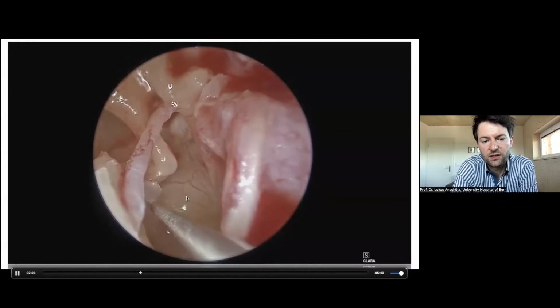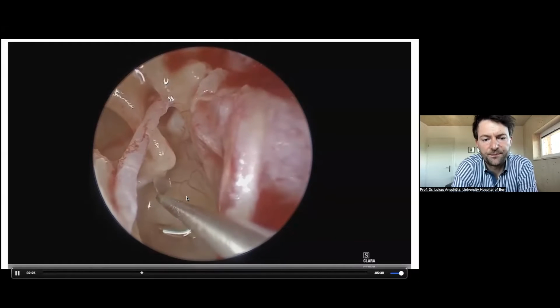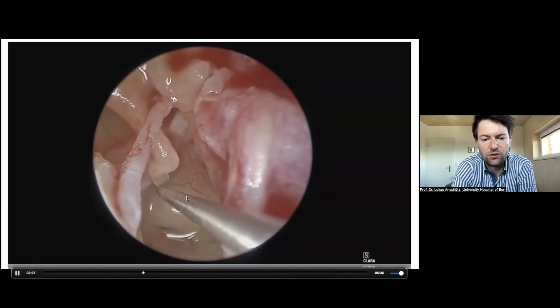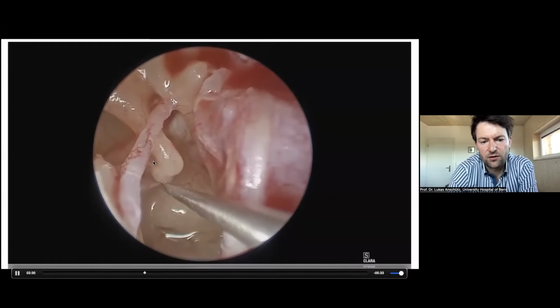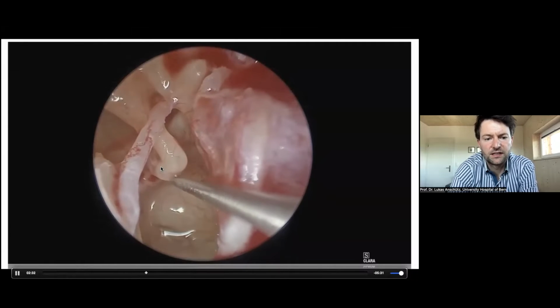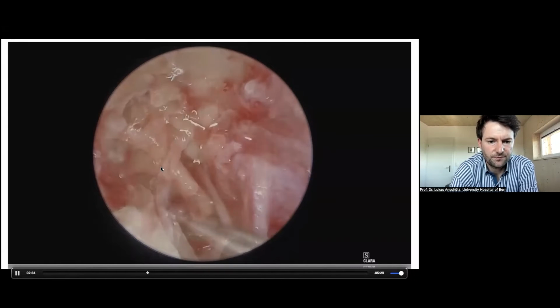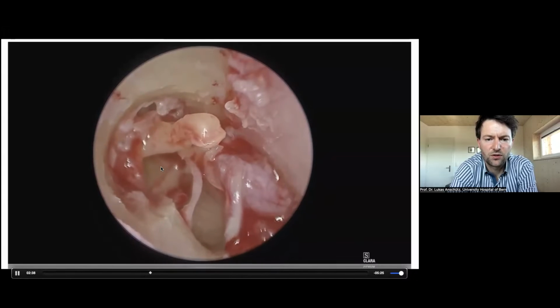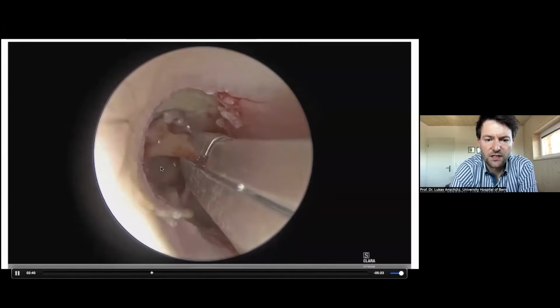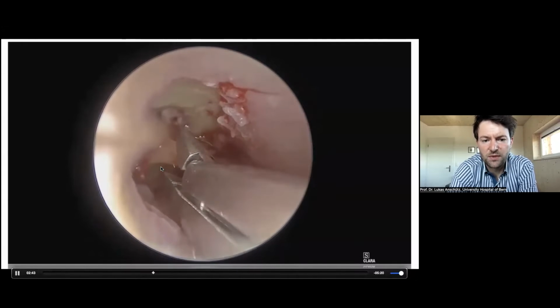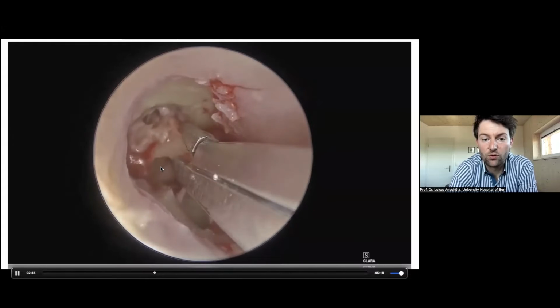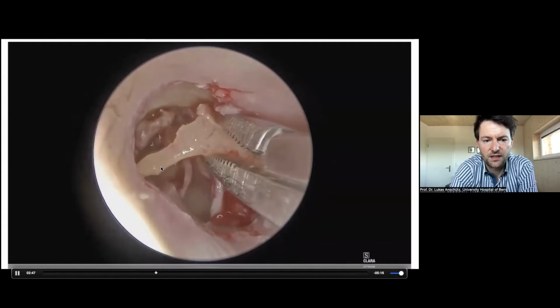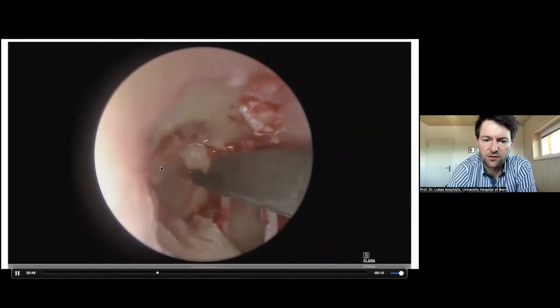It would not be turned in as when you use the drill. Now I can cut the incudostapedial joint. You can see I do it with a round knife. Here is the lenticular process, and I can luxate the incus. I put the chorda downways, and now I can remove the incus because I know the incus is in the middle of the cholesteatoma and I need to go more posterior, so I cannot leave it inside. You can see also it's quite eroded.